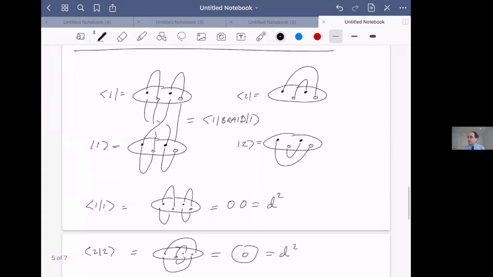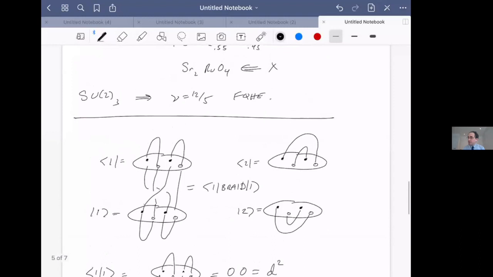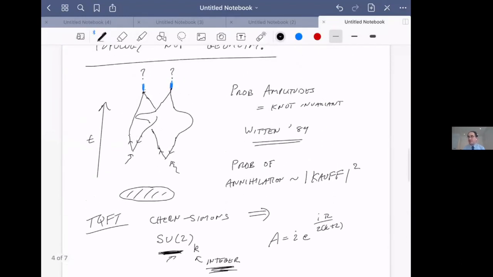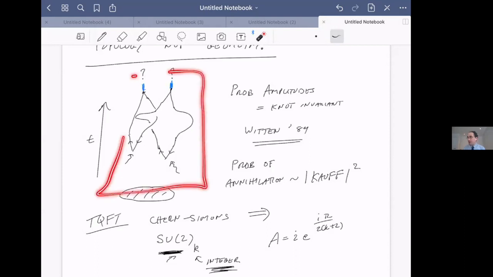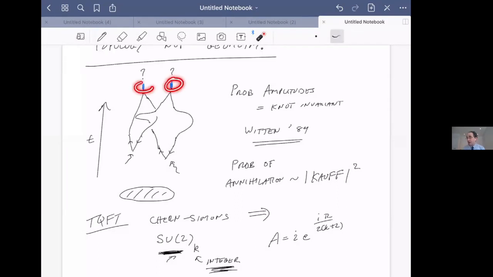I guess, I mean, you could say this is an axiom of topological quantum field theory in some sense. But let me try to justify it in a slightly different way. If we know we have a theory where the outcome of a computation is completely topological, the probability amplitude, the outcome of a measurement, only depends on the topology of what went in. Now, most theories don't have this property. This is very unique to topologically ordered matter.